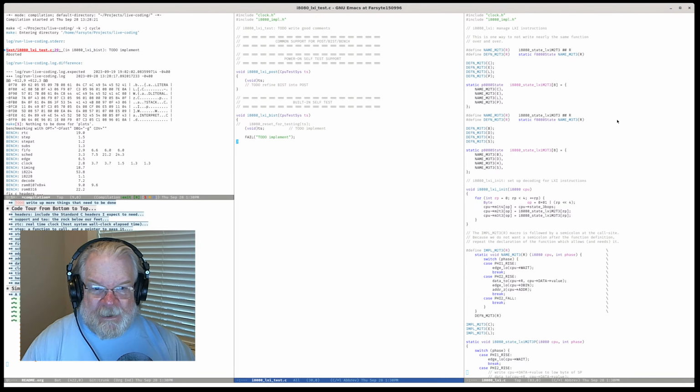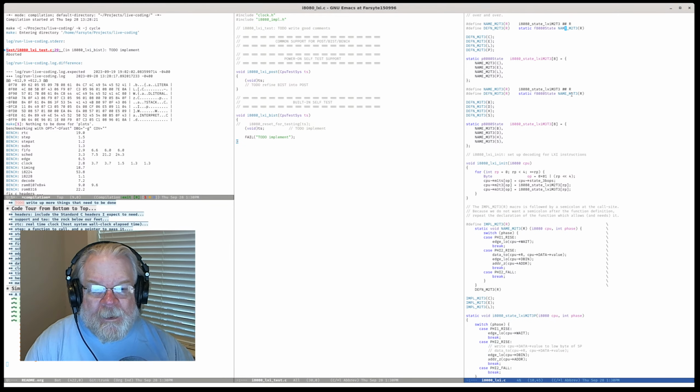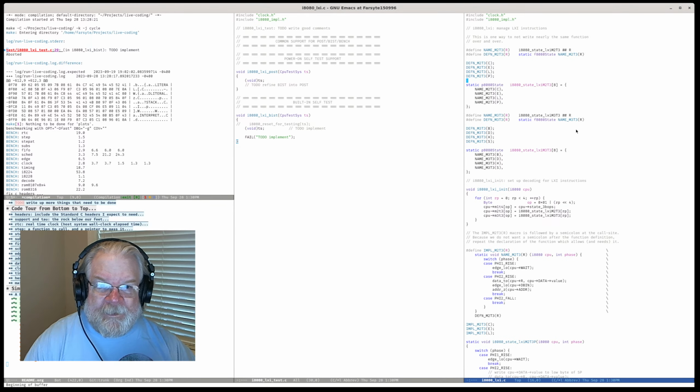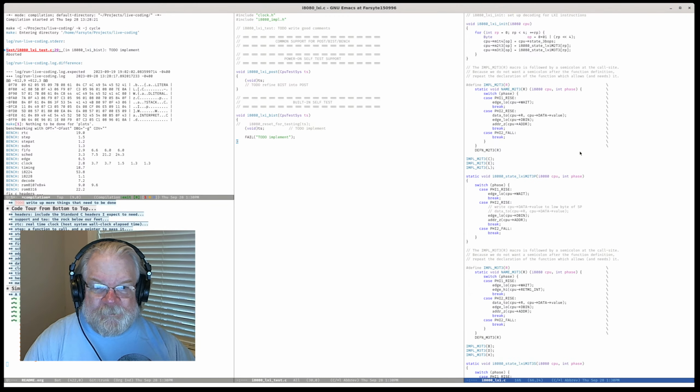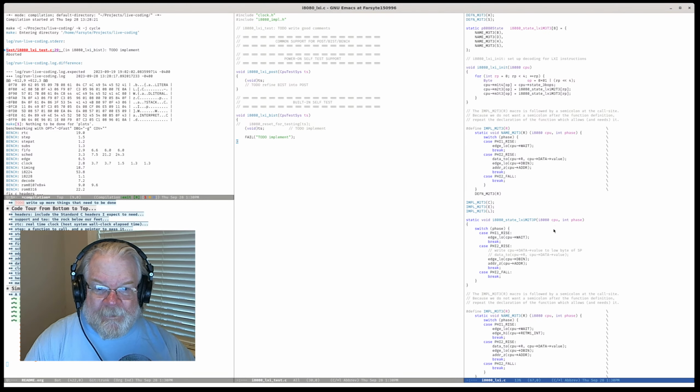Okay, so there's LXI. And we have implemented functions to load the low byte from the first instruction, and this needs to redirect us to the second instruction. So I did not name these properly.